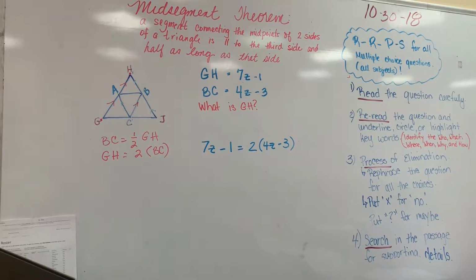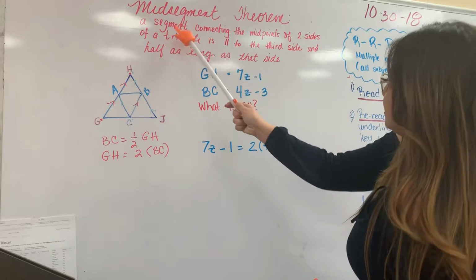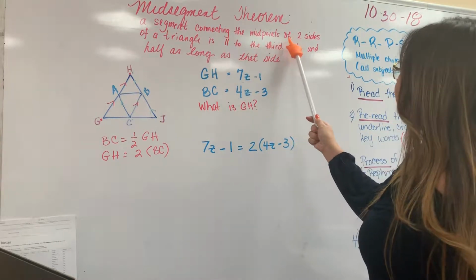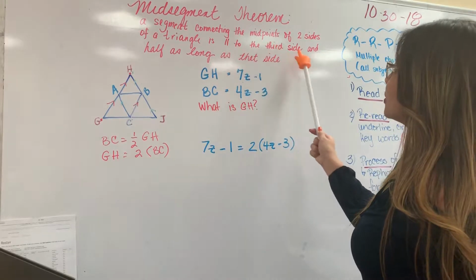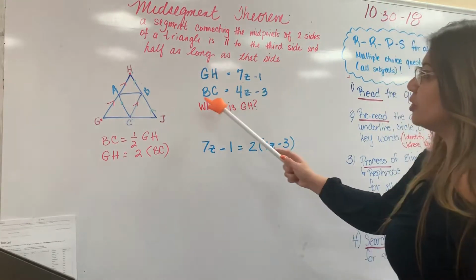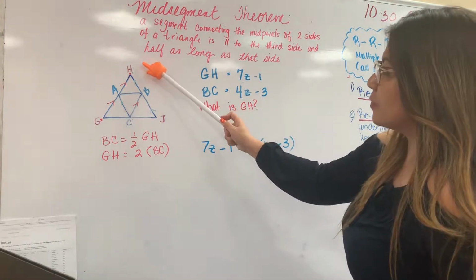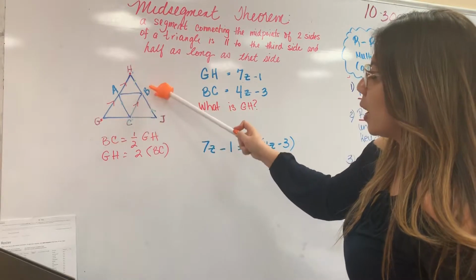Okay, in this geometry lesson, it's on the midsegment theorem, and it states that a midsegment is a segment connecting the midpoints of two sides of a triangle, and it is parallel to the third side and half as long as that side. So if you look at this diagram here, you can see that GH here is parallel to